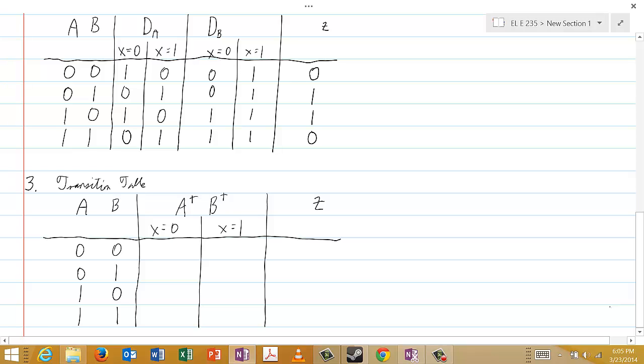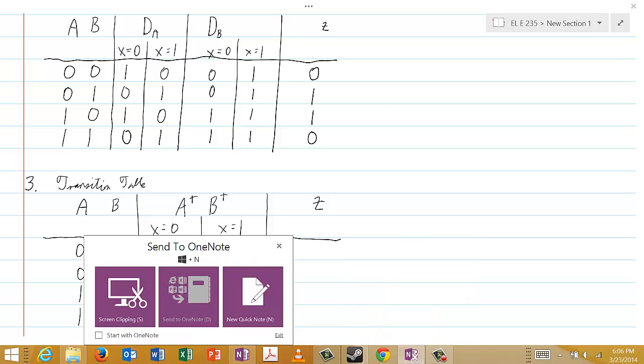Why is it very easy in this case? Because both of our flip-flops are D flip-flops. And remember that in a D flip-flop, the next value of the output is simply the present value of D. So, in other words,